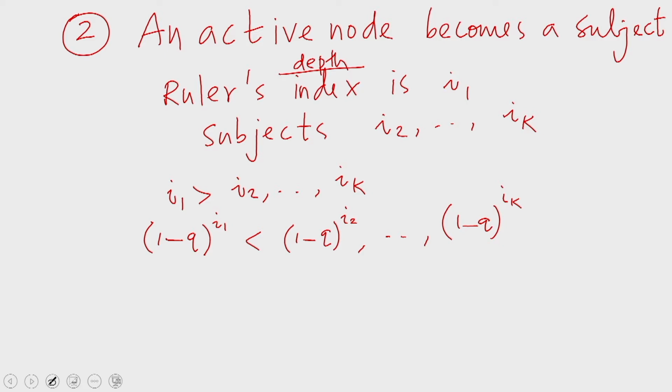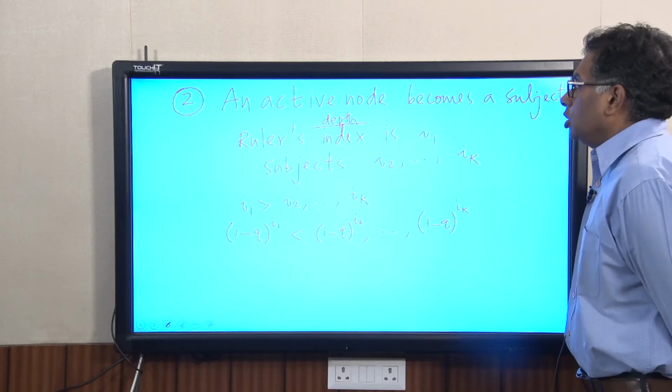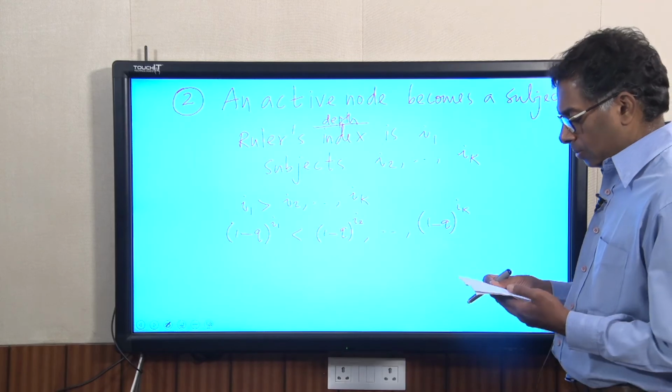That is, the ruler has the least weight of all these nodes that we are considering. So, in this case, let me define W1 as the total weight of the system before the operation is performed. So, here we have k queues to consider, the queues corresponding to the ruler as well as the subjects. So, for j varying from 1 to k, the total weight of these queues would be